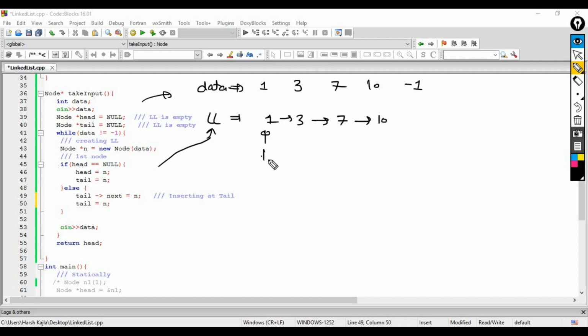This is your head and this is your tail. This take input function creates this type of linked list.